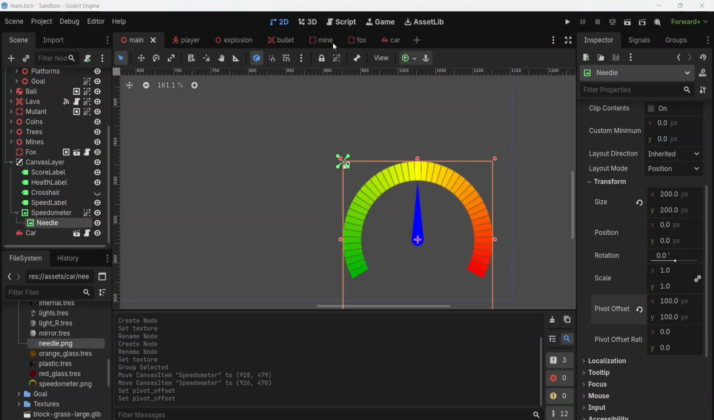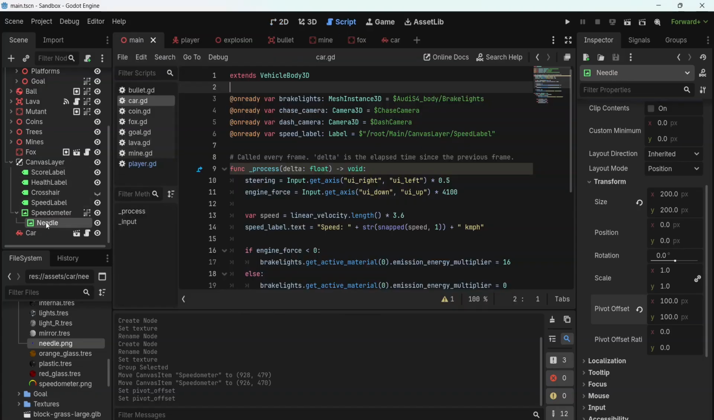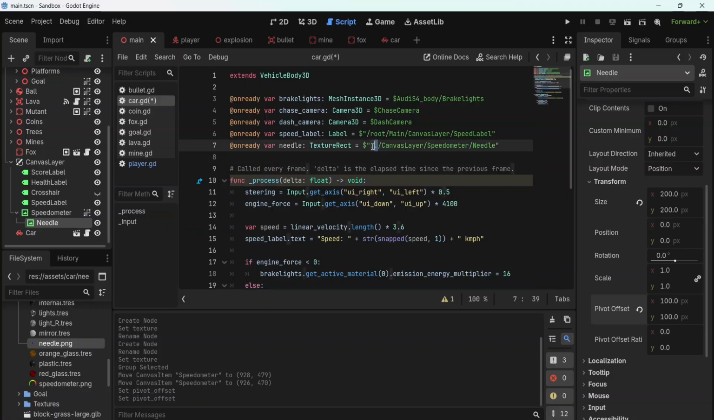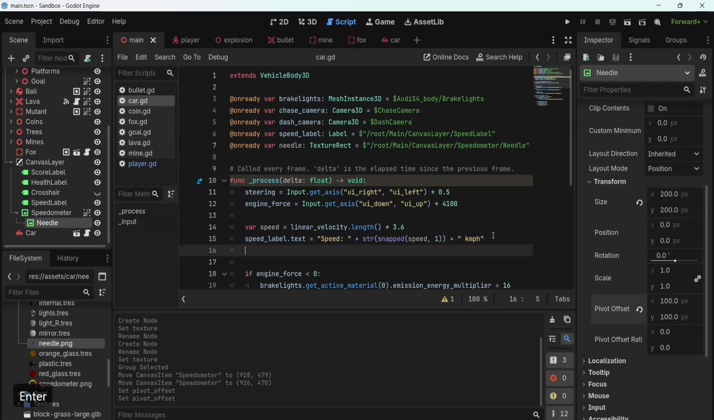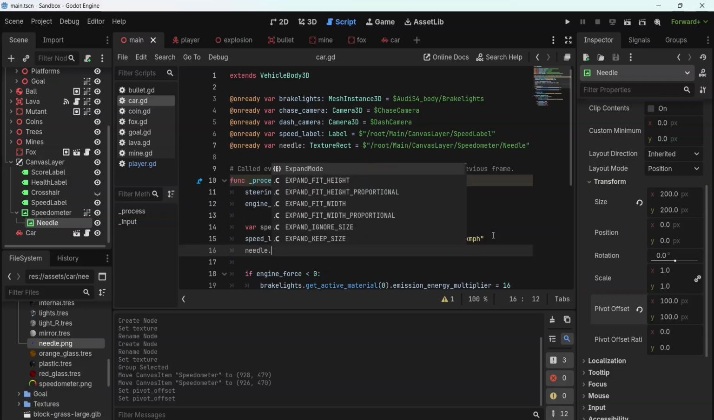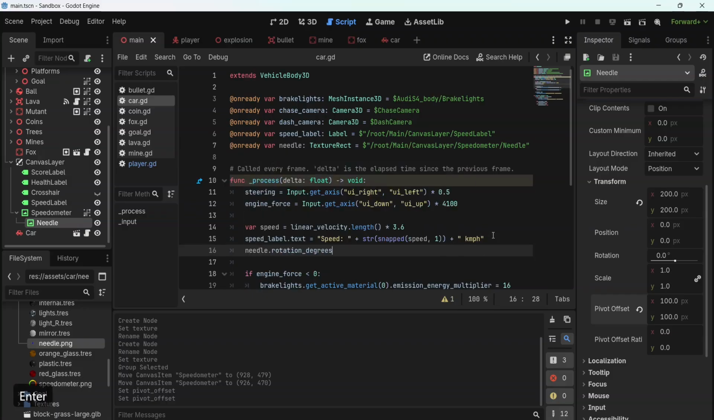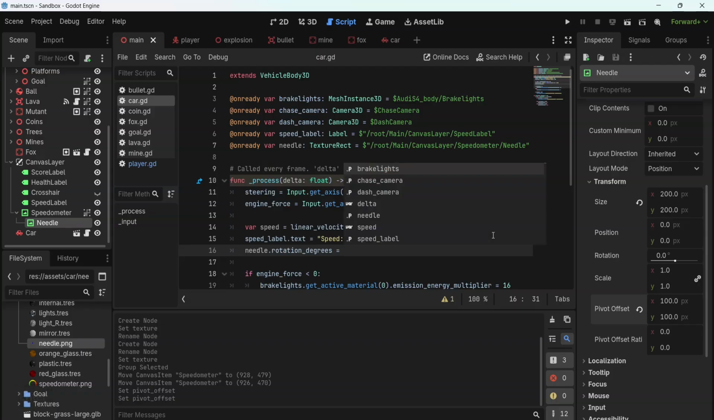Now I'm ready to go back to my car script and drag in a reference to the needle so I can rotate it. And just like with the speed label, this one is outside of my vehicle, so I'm going to want to have an absolute reference to it by starting it with /root/main, and then down here where I'm setting the speed text, I'm also going to set my needle rotation degrees,